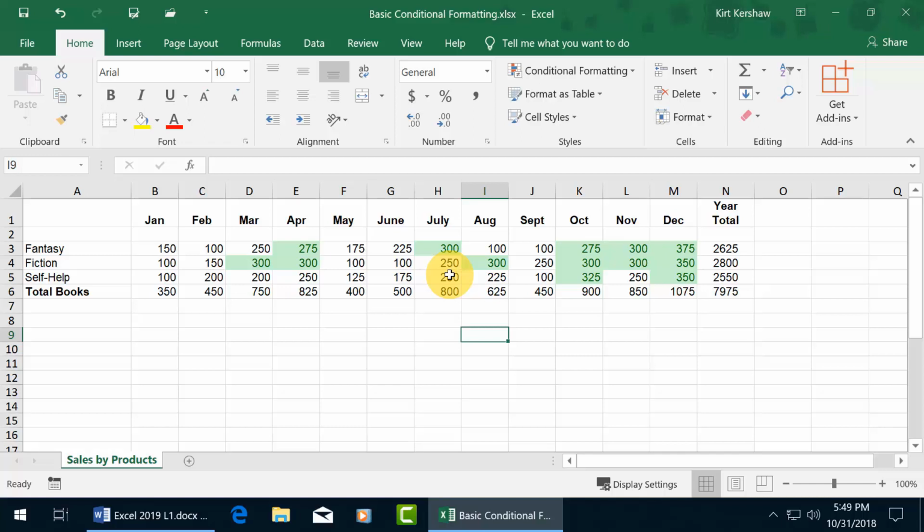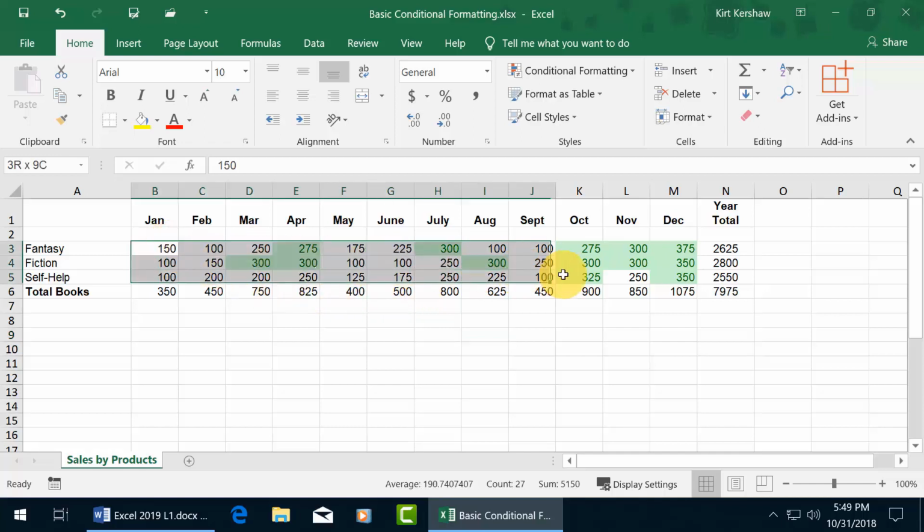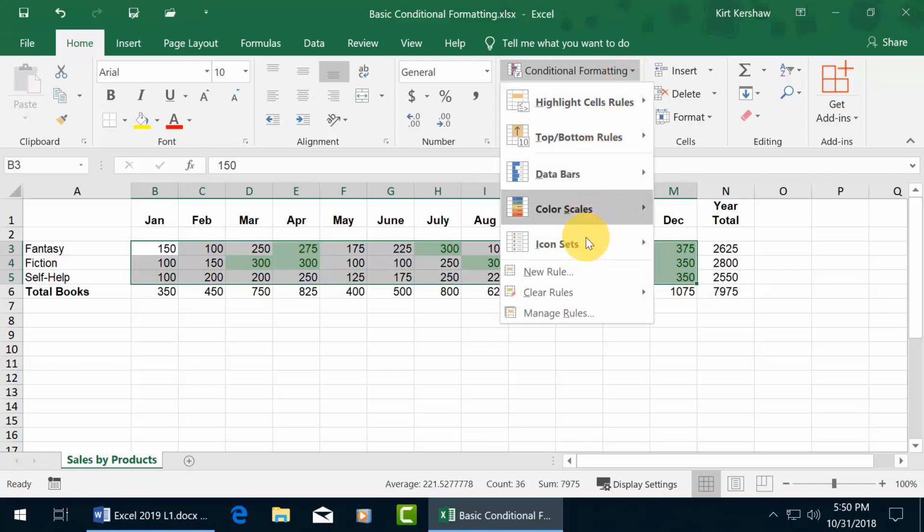So that pops out and I can go, oh, great. Looks like October through December were our best months, where it was kind of scattered throughout the rest of the year. And then to go ahead and clear that, you can do it one of 2 ways. You can either go ahead and select the range here, and then come up here to conditional formatting and go down to clear rules